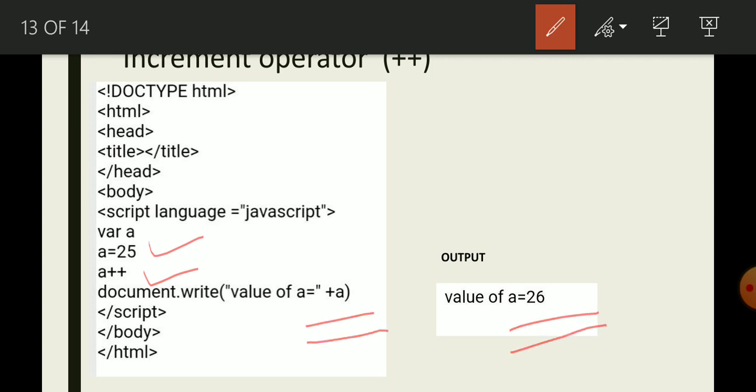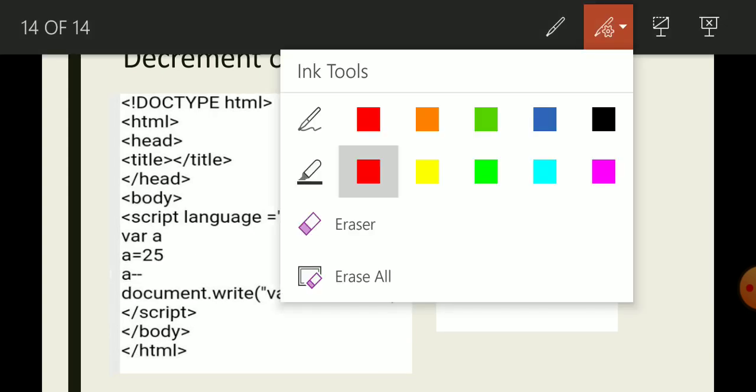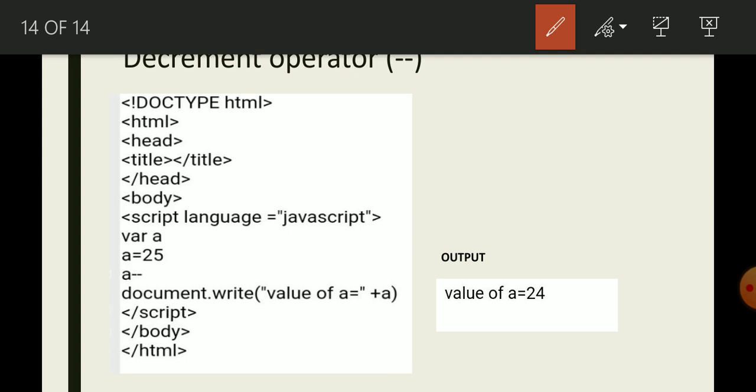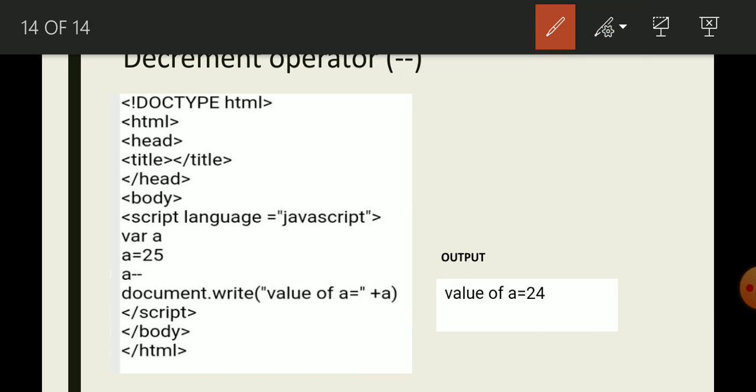And last is the decrement operator, which decrements the value by 1. So initially A holds the value 25, but after the decrement operation it holds 24. In this way we saw a JavaScript program using different operators.